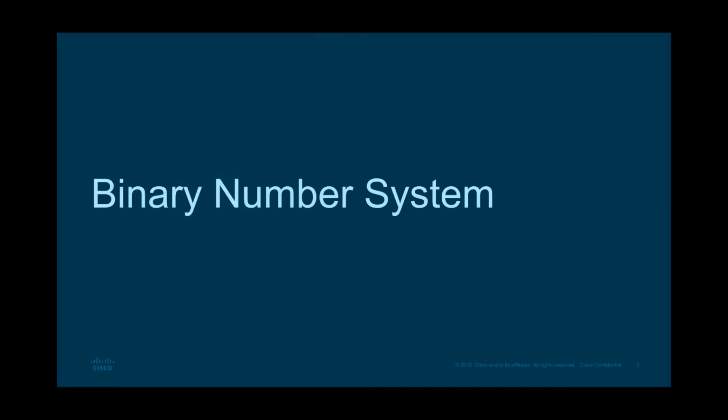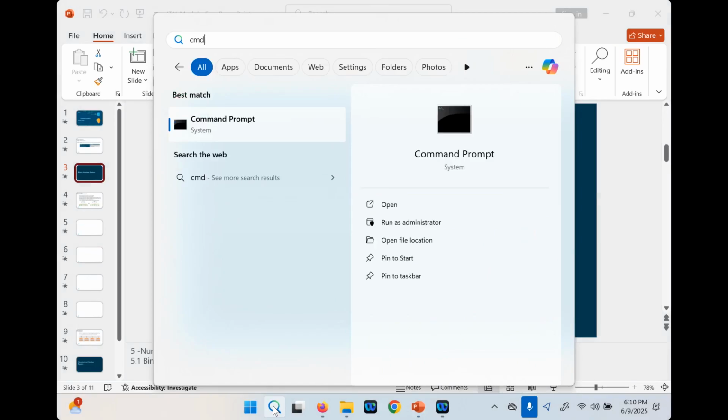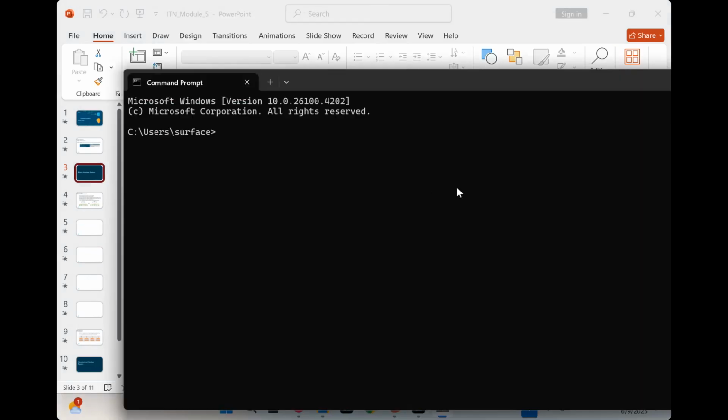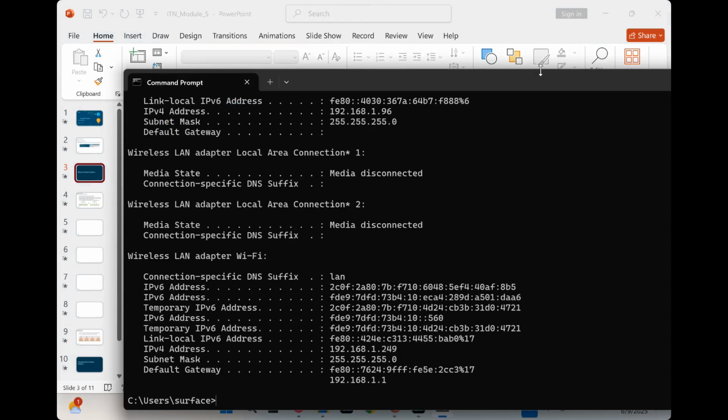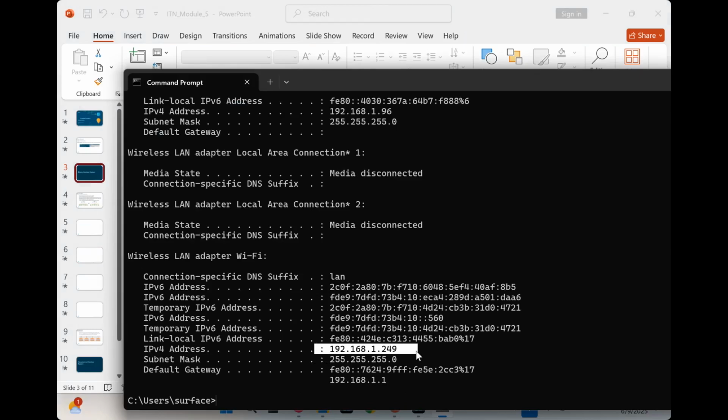This is how we put it on the computer. This is how the computer sees it. Let me give you an example. If I go to my command prompt now, I've been to the command line with you guys before, and I say ipconfig to check the IP address on this computer. Now look at my IP address here. I am on wireless. Look at my IP address here. My IP address is